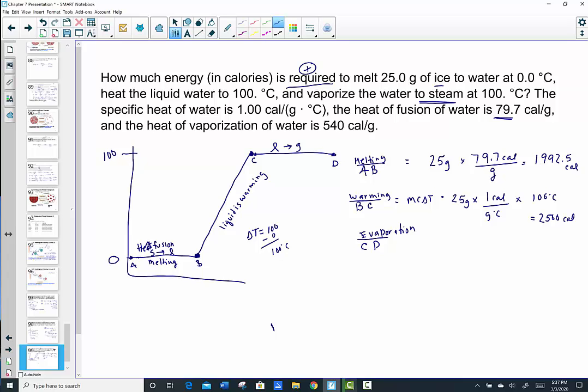Now to go over here, line C to line D, this is vaporization. And so now my 25 grams is going to be multiplied by the heat of vaporization value of 540 cals per gram. 25 times 540 is 13,500 calories. So what's the total? I've got to add all three of those together. 1992.5 plus 2,500 plus 13,500 gives me a total of